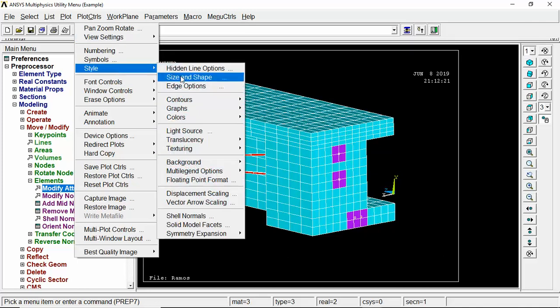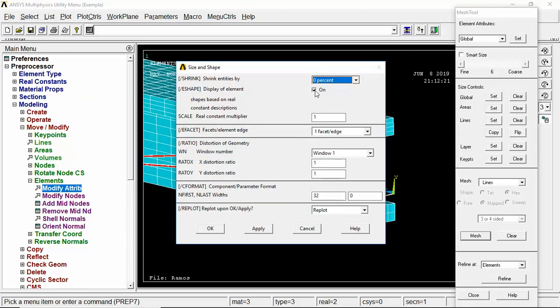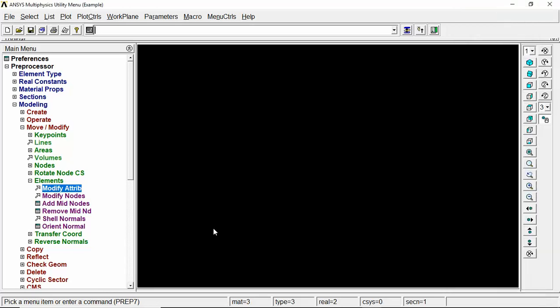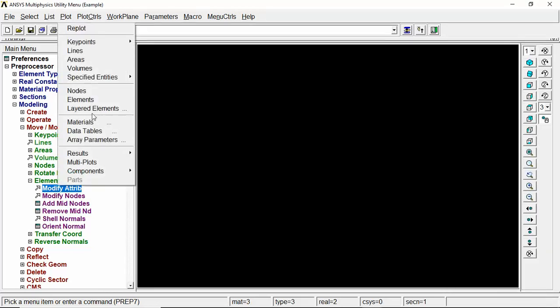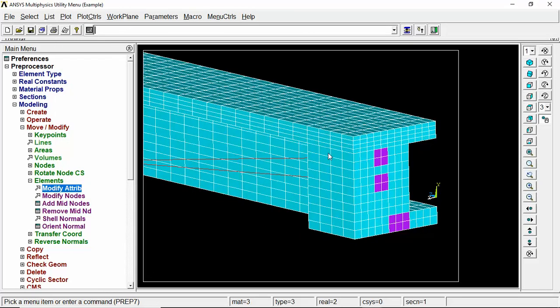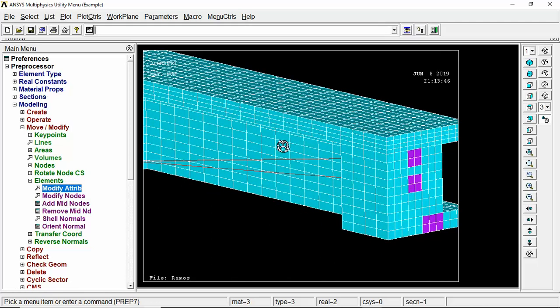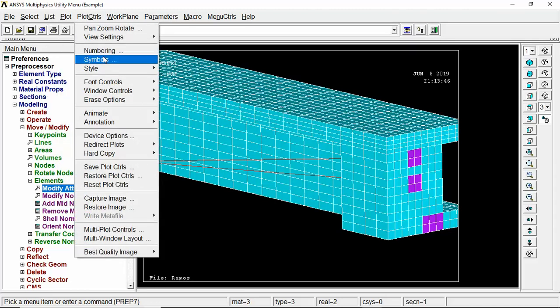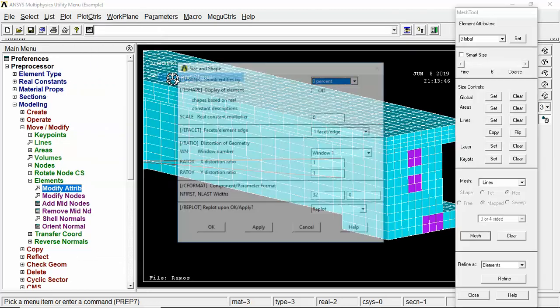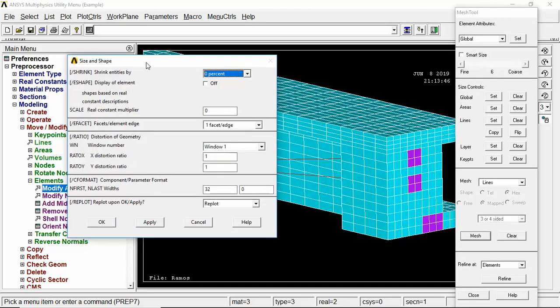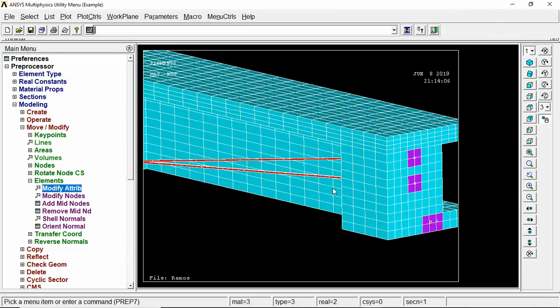The other important option in plot controls is, excuse me, here, size and shape. Enable this tick, because when you disable this tick and plot elements, the section of your link elements will be hidden, and this option is really good when your elements are pipes or beams and they have a more complicated section. Okay,